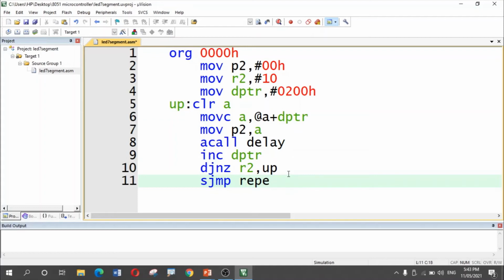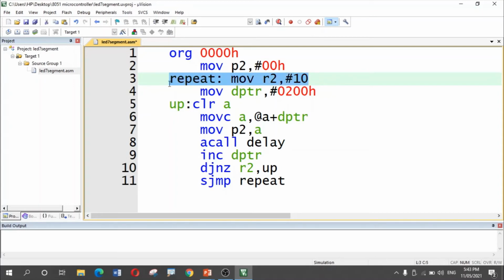I will write SJMP repeat. Now where is repeat to be written? Repeat is to be written here. Why? Because the counter has become 0 now. Now I have to load the counter with the value 10, load the DPTR with the original value, and then repeat the same procedure. So this is how the main program looks.